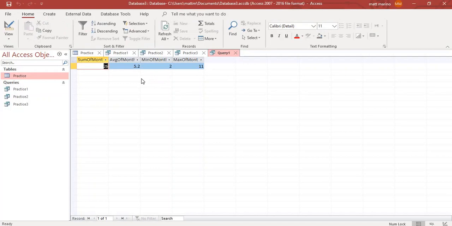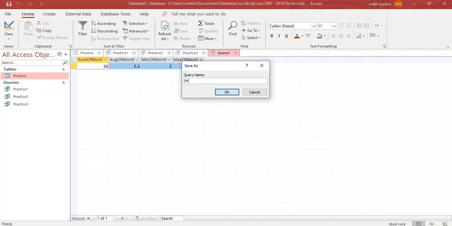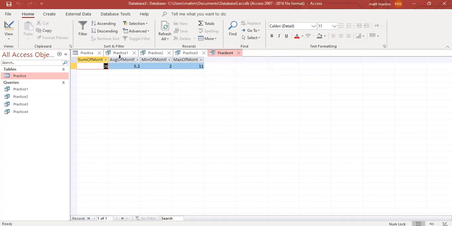When we run, we have our sum of months since and our average of months since and our min and max of months until. We save this query as practice 4. If you want to make sure you've done everything correctly,